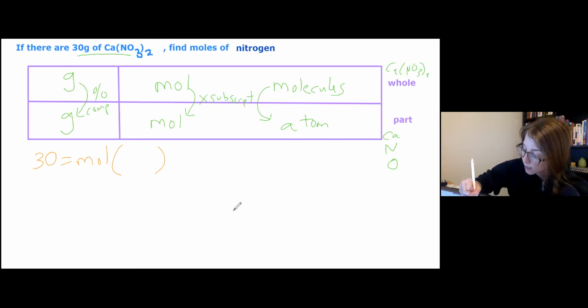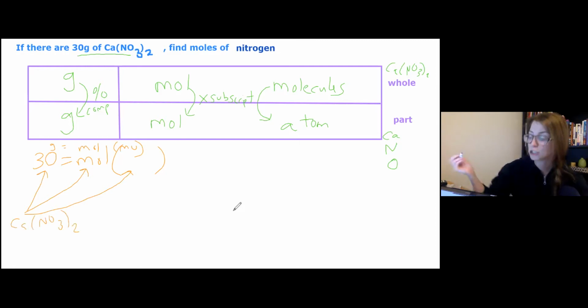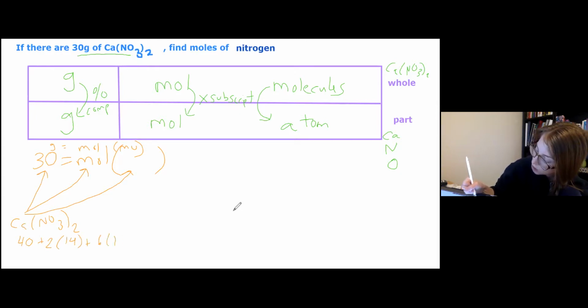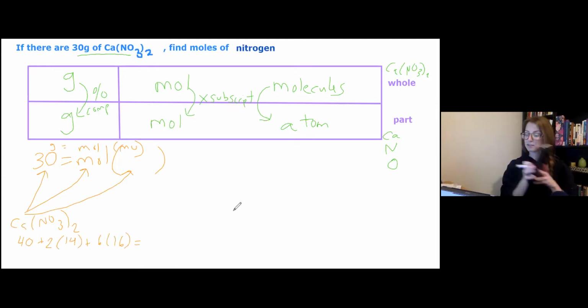Anytime we're using that grams equals formula, grams equals moles times molecular weight, the grams, the moles, and the molecular weight all have to be of the same thing. So in this case, since I have the grams of calcium nitrate, I need to use a molecular weight of calcium nitrate. Calcium is 40, 2 nitrogens that are each 14, 6 oxygens that are each 16,